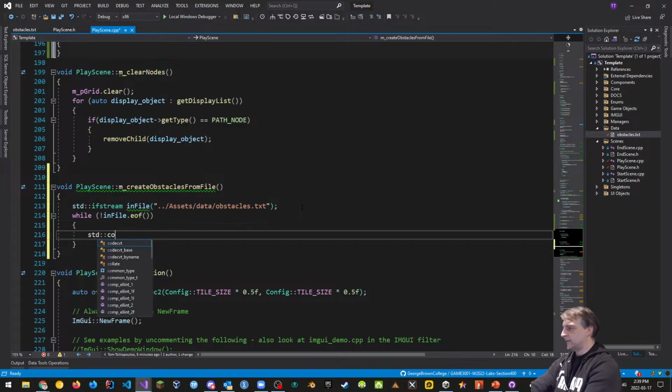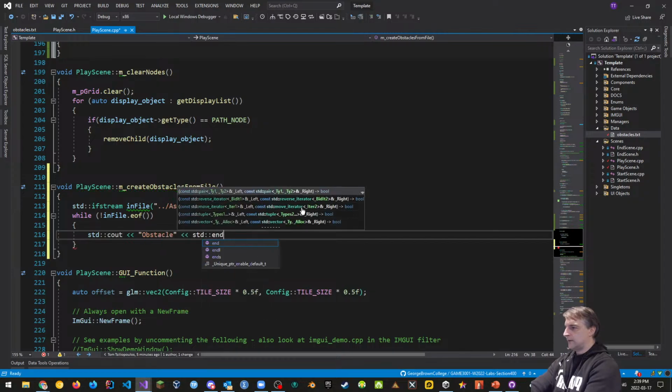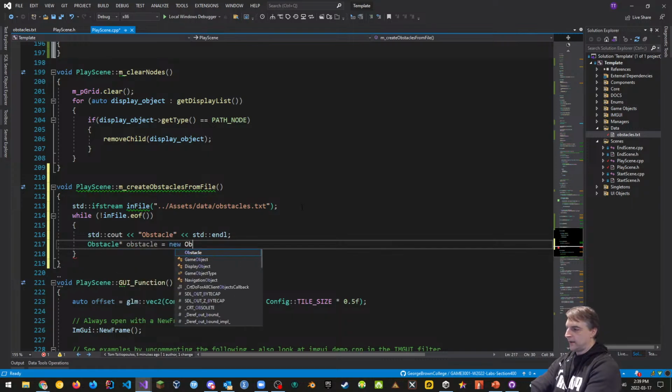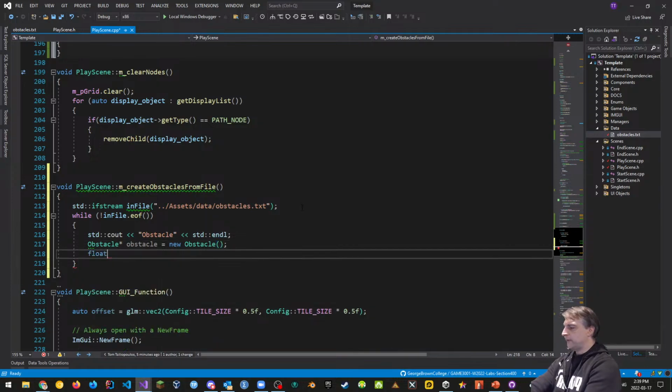So we're going to do a cout, and we're going to say that this is the obstacle that we're reading in, which is the obstacle data. We're going to make a new temporary obstacle, which we're going to call obstacle, and we're going to allocate memory for that. So there's our new obstacle. We're going to define X, Y, width, and height. And that is the way that the file is organized.